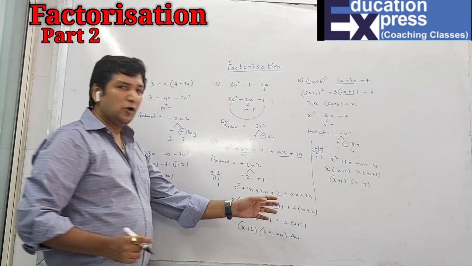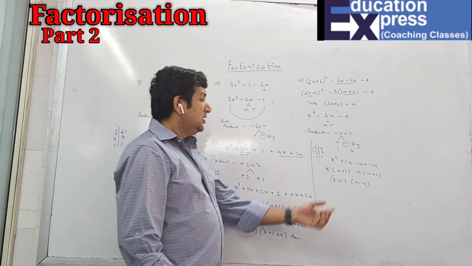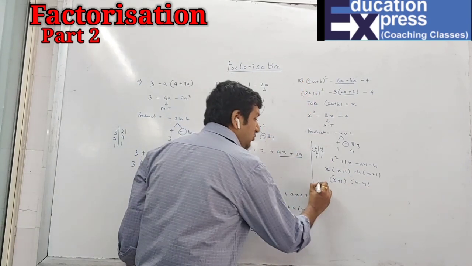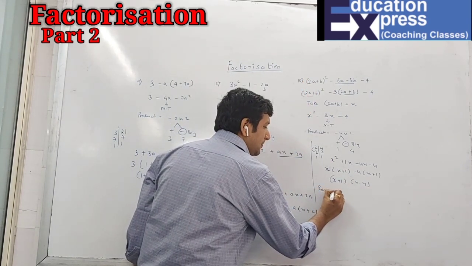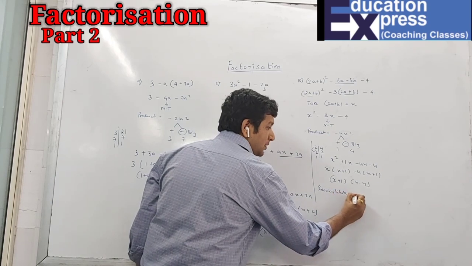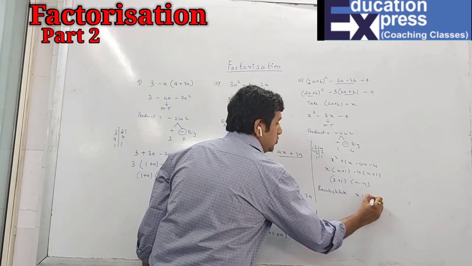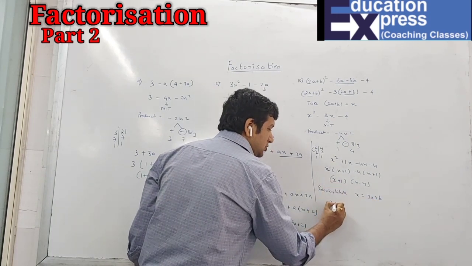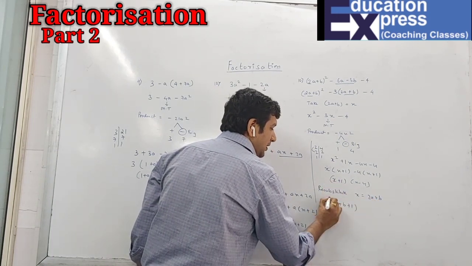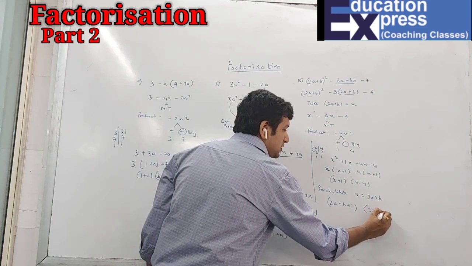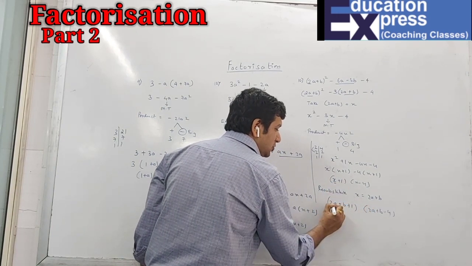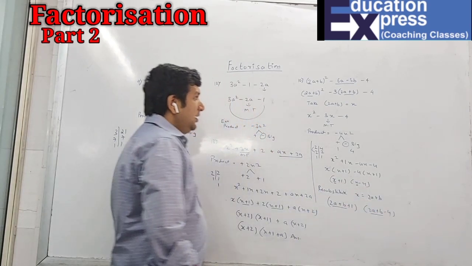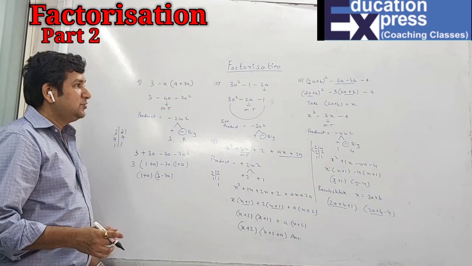Now, can I leave the answer over here? No. The reason is that the question is not given in terms of x. It is given in terms of a and b. So I have to resubstitute x as 2a plus b. So instead of x, 2a plus b plus 1, 2a plus b minus 4. Instead of x, I wrote 2a plus b, and 2a plus b plus 1, minus 4, is the answer. So now all the remaining sums you have to do with the same method only.